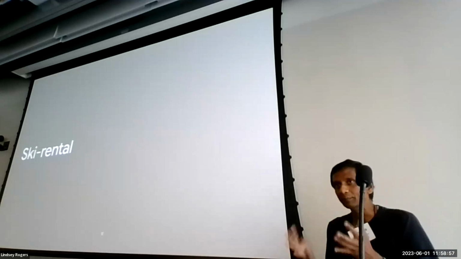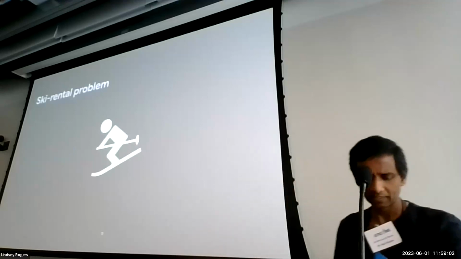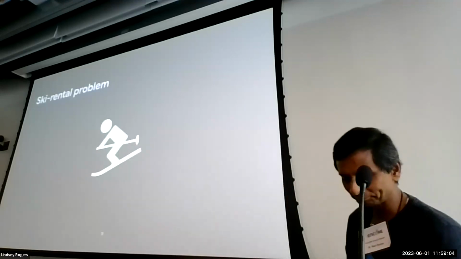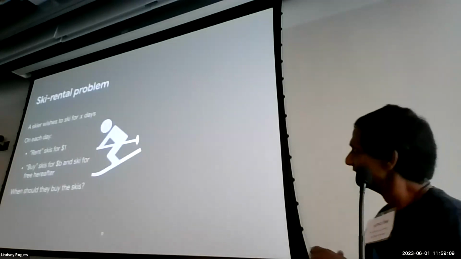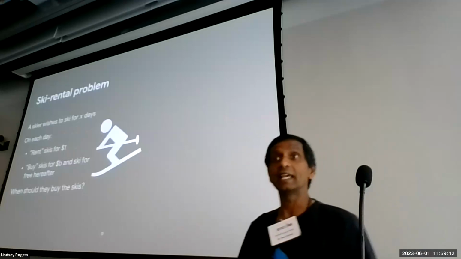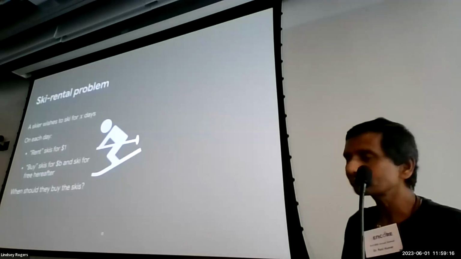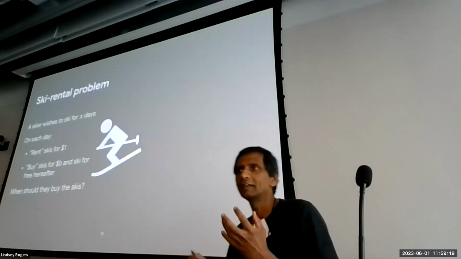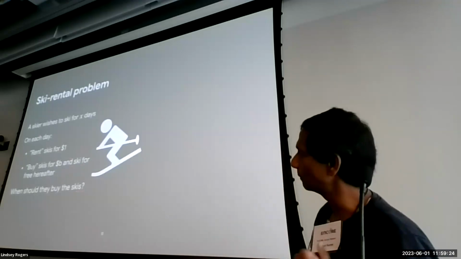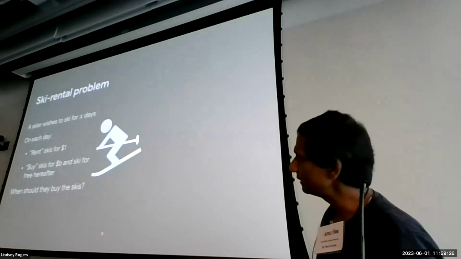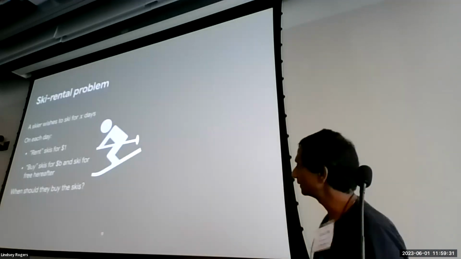So let's look at a slightly more online and more non-trivial problem, which is the ski rental problem. I'm sure most of you know ski rental. Maybe not so much in San Diego. A skier wishes to ski for say X days. They don't know what X is. They don't know how long they're going to keep skiing. And they have a choice. Every day, either they can rent skis for $1 or they can buy skis for $B. B is more than 1, of course, and they ski free after that. Once they buy the ski equipment, they can ski forever.